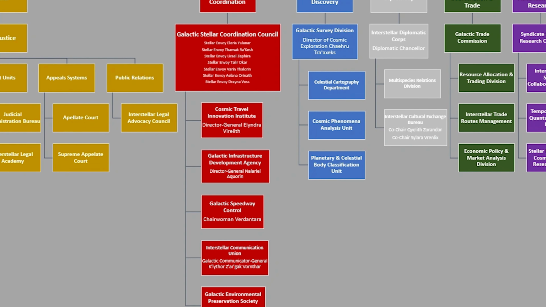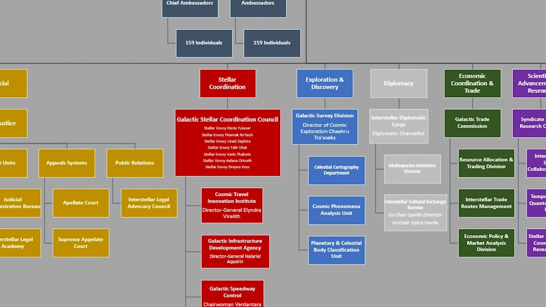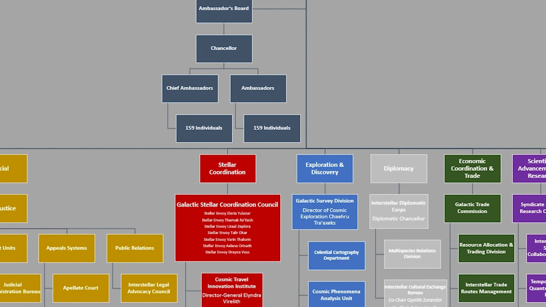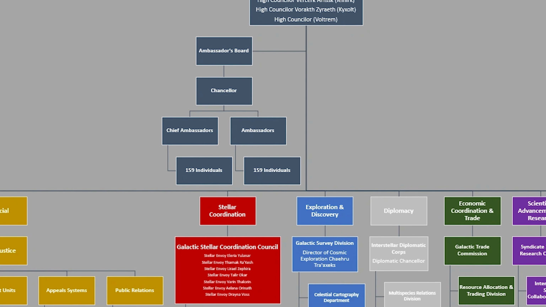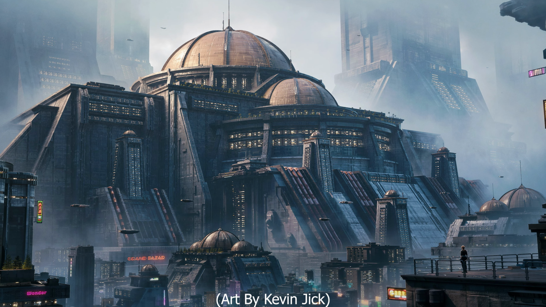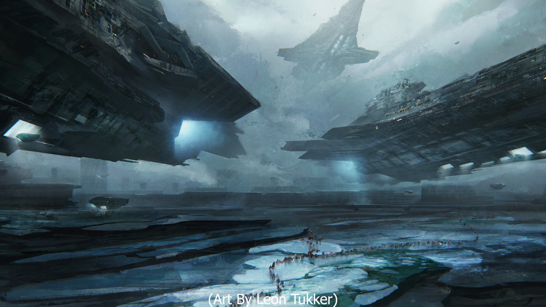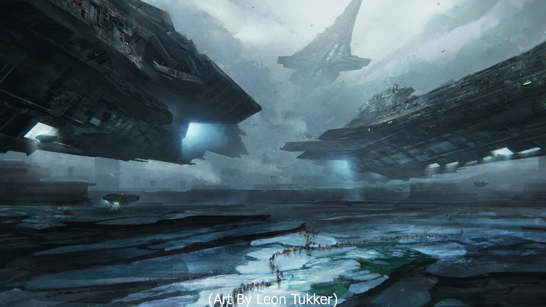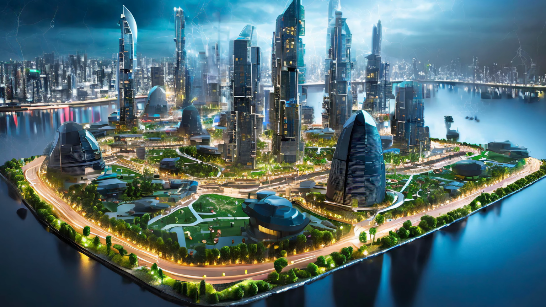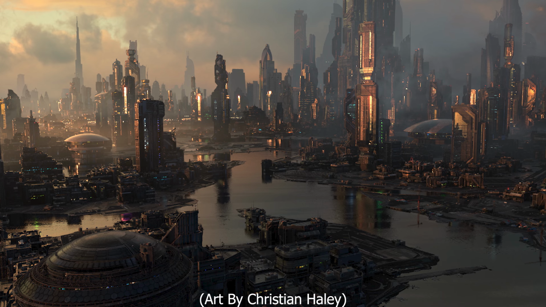The Galactic Speedway Control is a branch of the Galactic Stellar Coordination Council, itself a division within the Alliance. While the Alliance serves at the discretion of the Supreme High Council, the GSCC enjoys special, if not official, privileges. At the time of its founding, the only sovereign state that existed in the galaxy was Syndicate Space, but in the late 2nd century PA, millions fled Syndicate Space to form splinter nations in the more unexplored areas of the galaxy. While initially small, these factions eventually gained in prominence until the Alliance was forced to recognize their legitimacy during